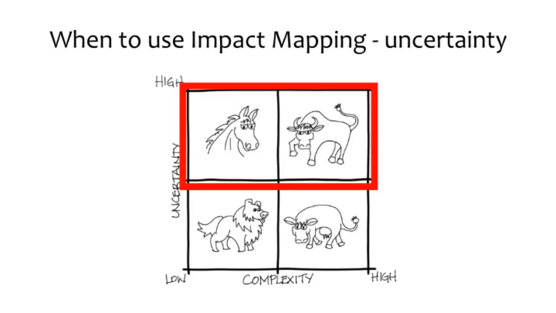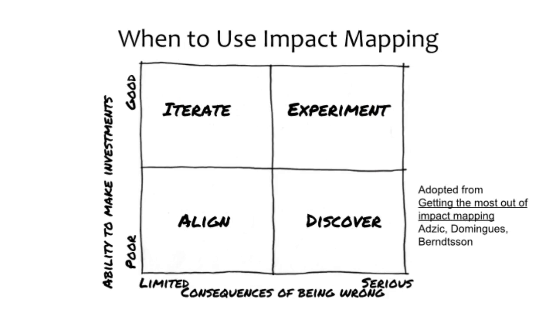If you use the context leadership model to analyze your products and initiatives, impact mapping is a good technique to use in the Colt and Bull quadrants, especially if there is uncertainty from the business perspective. Gojko Adzic, Ingrid Domingues, and Johan Berndtsen wrote an article on InfoQ titled Getting the Most Out of Impact Mapping, www.infoq.com/articles/most-impact-mapping, that describes 4 different contexts where impact maps can be useful. These contexts are based on 2 key factors: the consequences of being wrong, making the wrong decision, and the ability